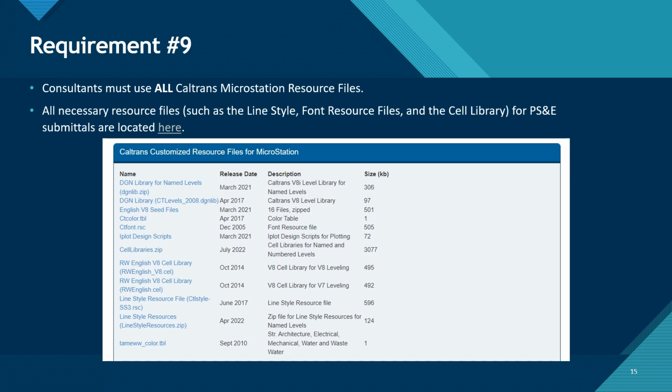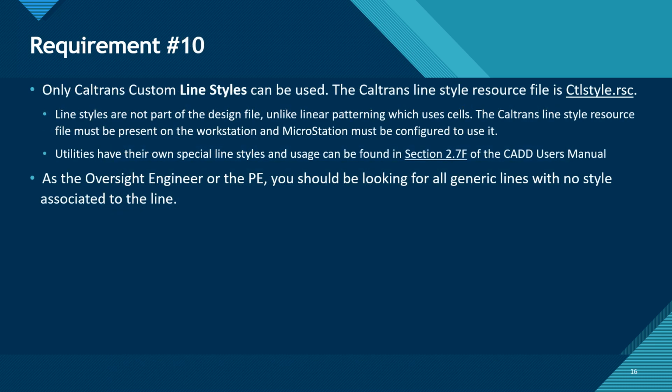Requirement number 9 is that consultants must use all Caltrans MicroStation resource files. All of the necessary resource files for PS&E submittals are located on the Consultant Resources webpage. They contain the line styles, font resource files, and the cell library, which we're going to go over now. Requirement number 10 states only Caltrans custom line styles can be used. The current Caltrans line style resource file is